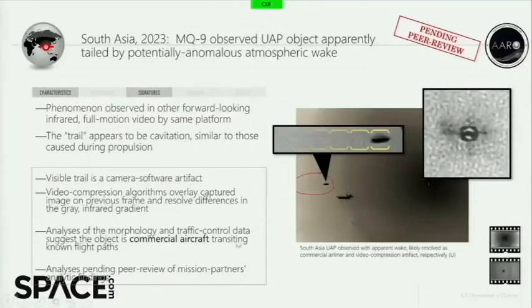Next slide. This particular event, South Asia MQ-9, looking at another MQ-9, and what's highlighted there in that red circle is an object that flies through the screen. Unlike the previous one, this one actually shows some really interesting things that everyone thought was truly anomalous to start with. First of all, it's a high-speed object that's flying in the field of regard of two MQ-9s. Second, it appears to have this